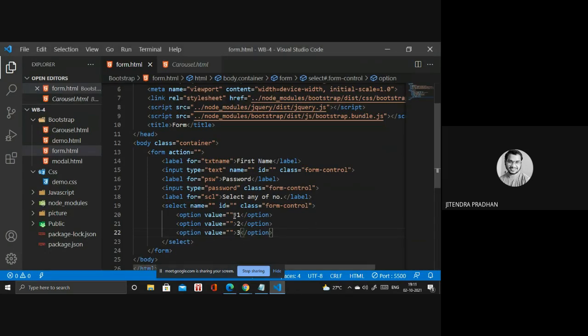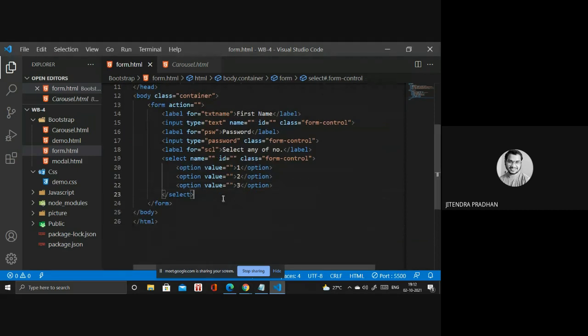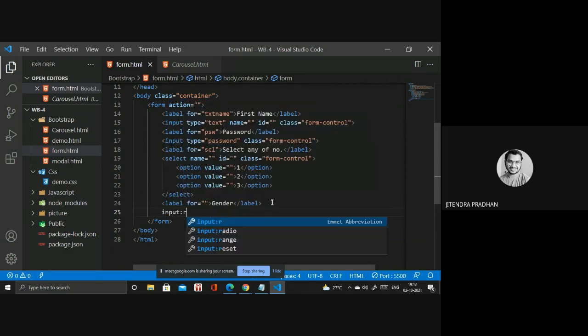So next thing we have to go to the radio box button, right? So first thing you have to write label, and inside we have to write gender. In that you have to use particularly input radio.